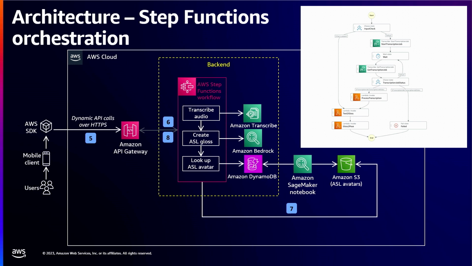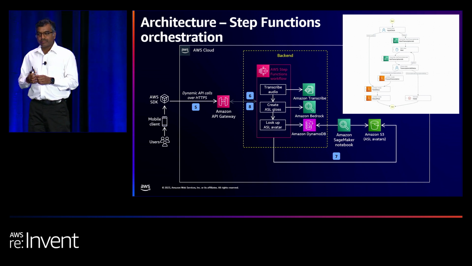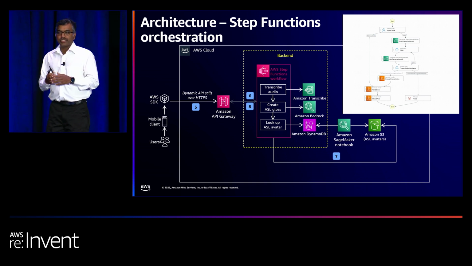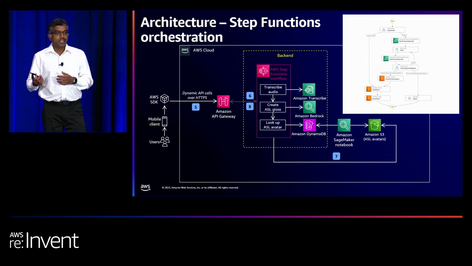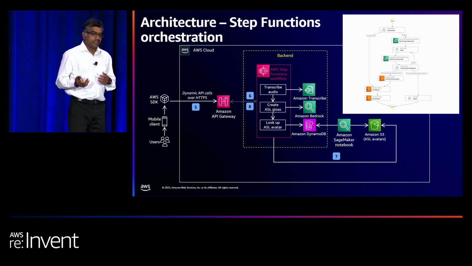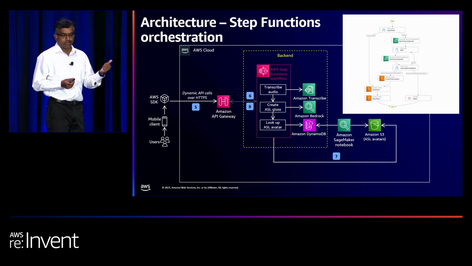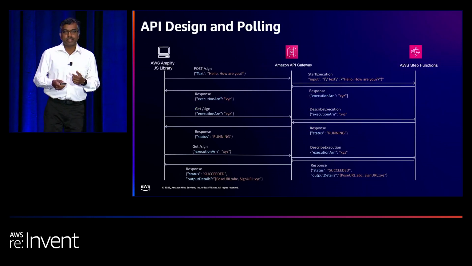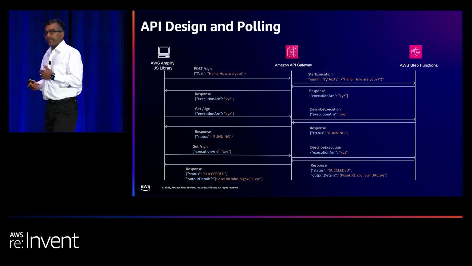And once that is done, the third step is going to create the avatar videos and then the sign videos. The data consists of only the video for each sign. So this third Lambda function is going to stitch the videos together, generate a temporary video, upload that to the S3 bucket, create a pre-signed URL, and send the pre-signed URLs for both the sign video and avatar video back to the front end, and then the front end is going to play that in a loop. So let's dive deep into the API detailed design.